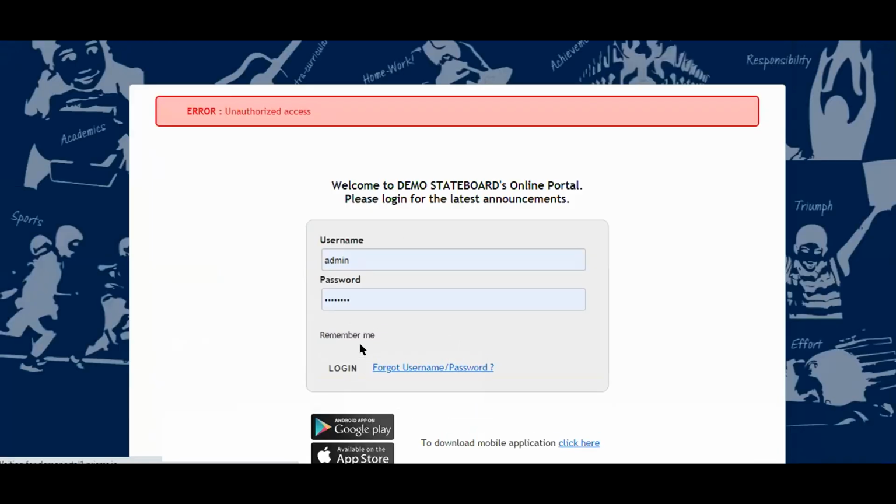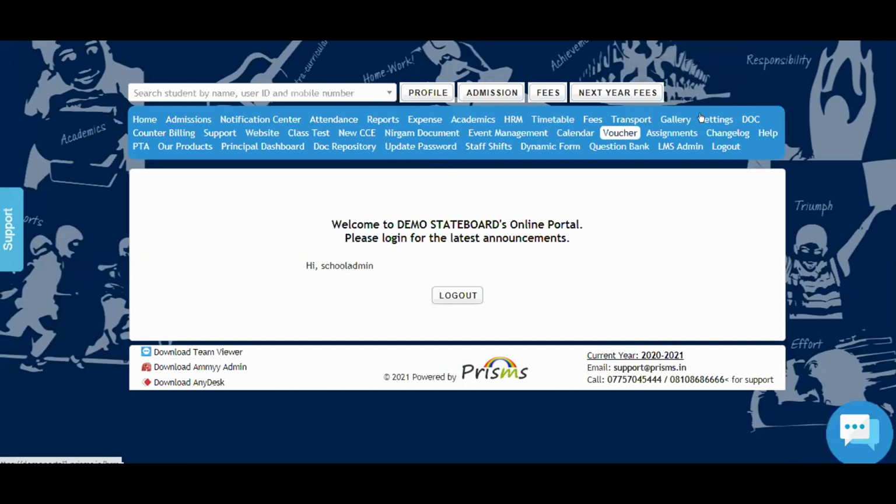So that's how you can do it. One second, then you need to assign again. If the screen is idle for a long time, it automatically signs out.